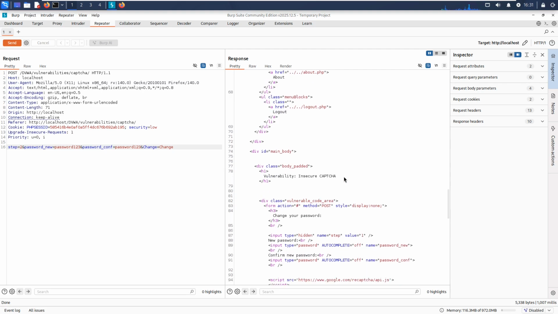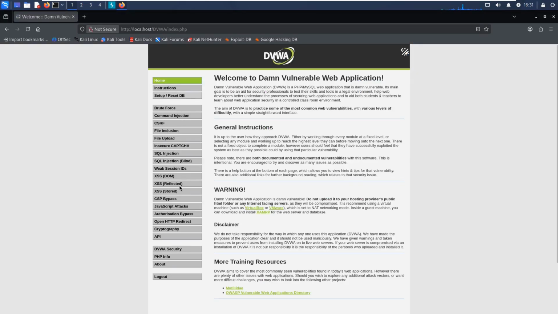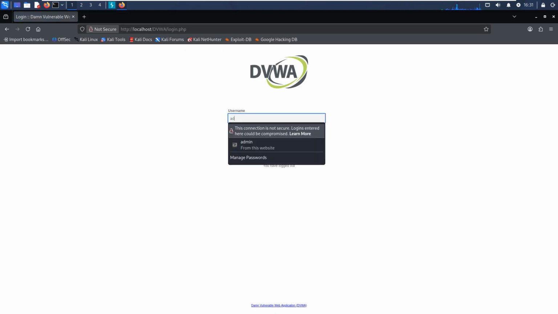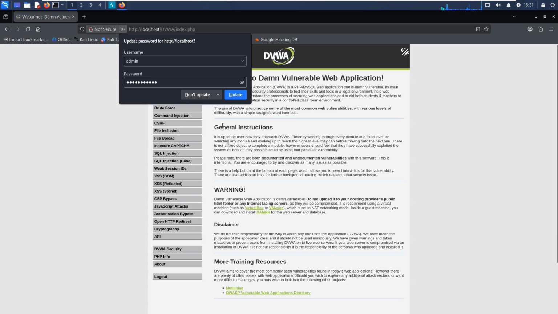Change your password. Password changed. Let's go back to the browser, log out, and use the new password to log in. Password 123 and click login. It does work. All right. So we can easily bypass the